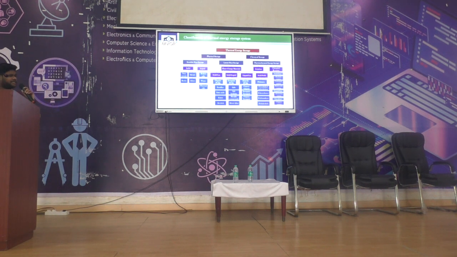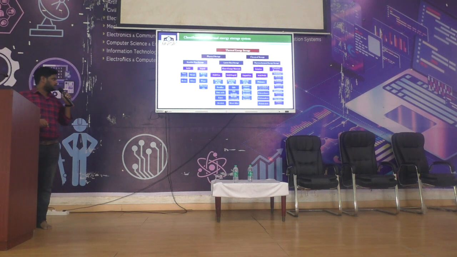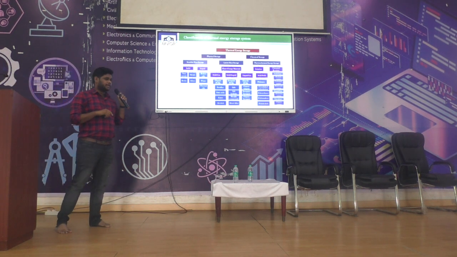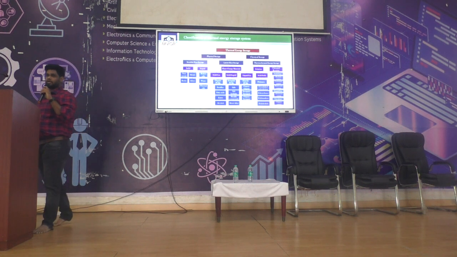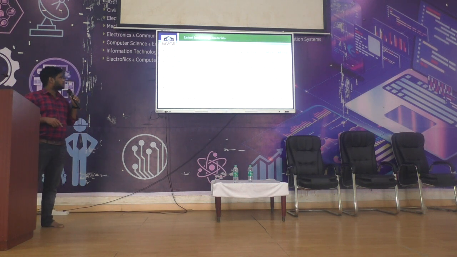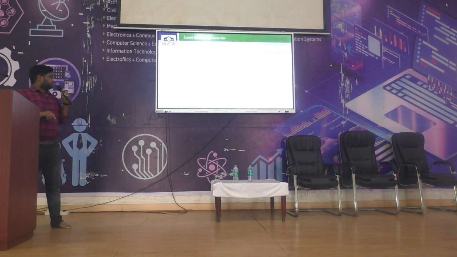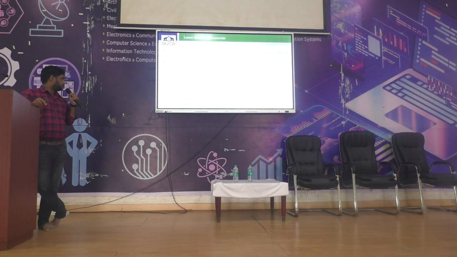These organic phase change materials are basically paraffin waxes, esters, fatty acids and alcohols. These come under organic phase change materials. Basically these phase change materials have a lower melting point temperature. And coming to inorganic phase change materials, you can take any salts, salt hydrates, metallic compounds and metal alloys, which come under inorganic phase change material. Okay. So the majority of phase change materials are solid to liquid phase transition materials.